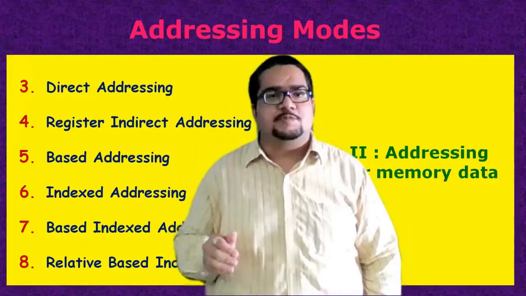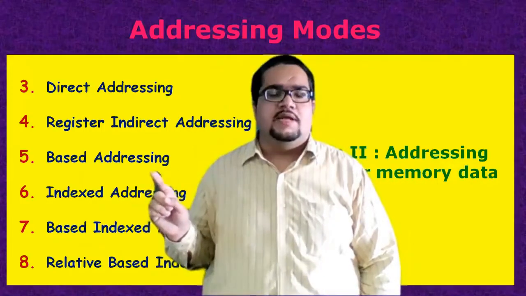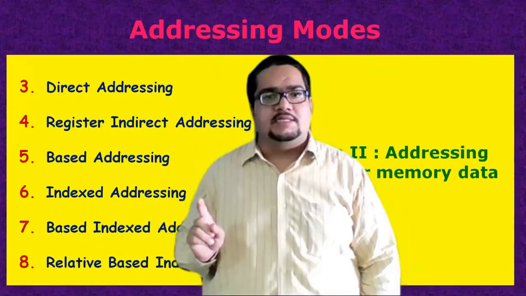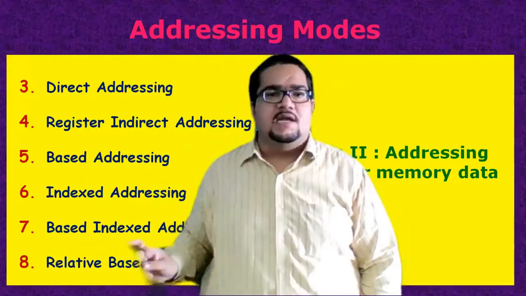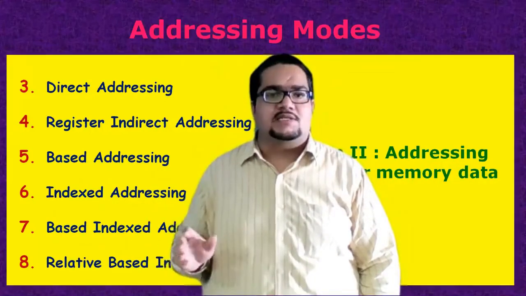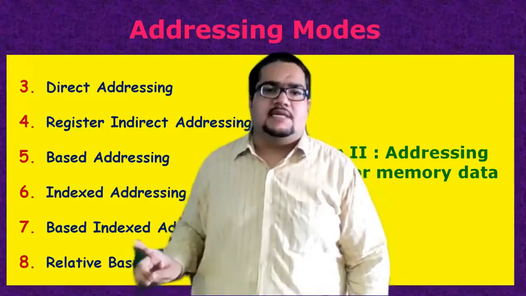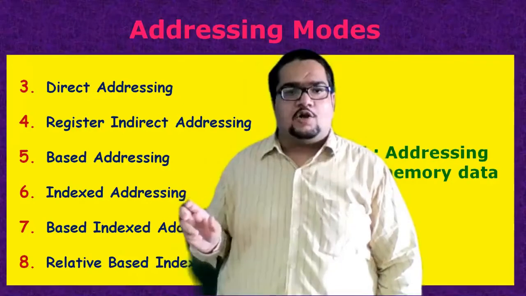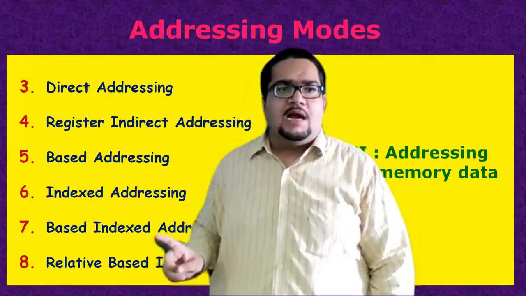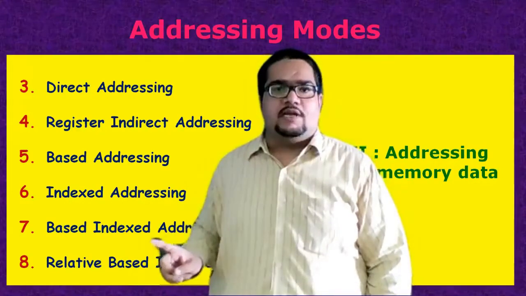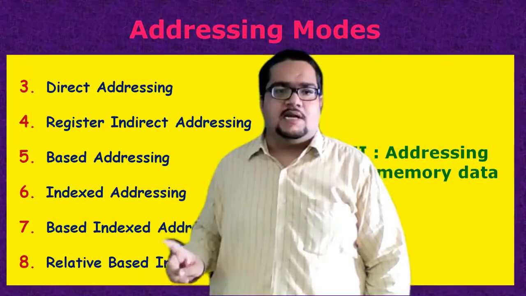And if that register is a base register, either BX or BP, then we call that a based addressing mode. If that register is SI or DI, we call that an index addressing mode. And if part of the address is stored in the base register and part is stored in the index register, we call that a based indexed addressing mode. So one part of the address is available in the base register, either BX or BP, another part is available in SI or DI. In all those cases, it is called a based indexed addressing mode.